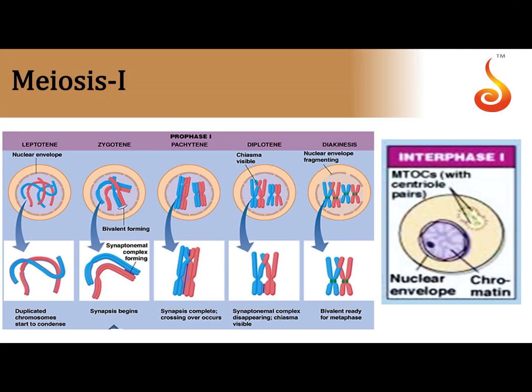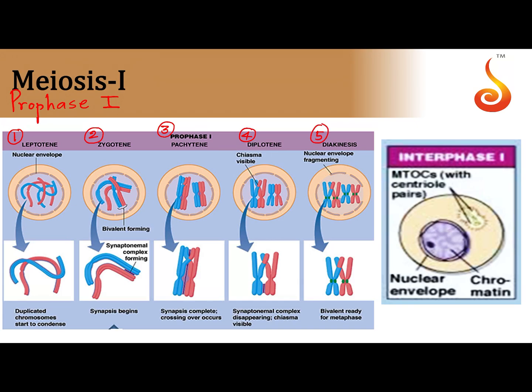Now here we will be concentrating on the very first stage of meiosis 1, which is called prophase 1. Meiosis is a reductional division, and meiosis is quite an elaborate process because meiosis happens in two steps, that is meiosis 1 and meiosis 2. In meiosis 1, we have prophase 1, which is further divided into 5 substages called leptotene, zygotene, pachytene, diplotene, and